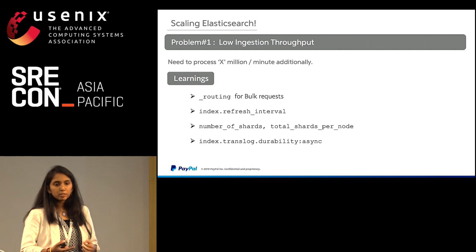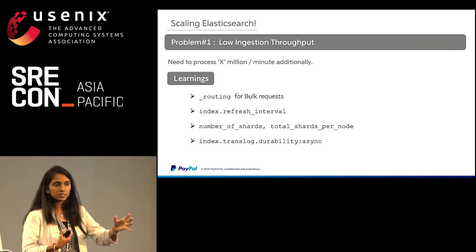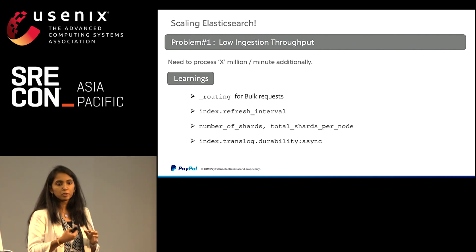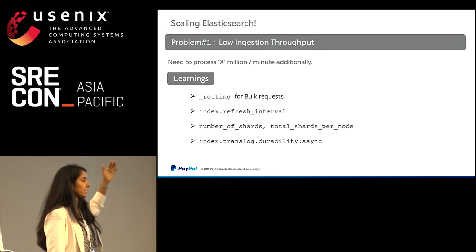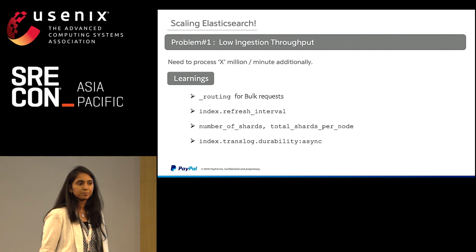Bulk requests by themselves are an added advantage for any data store where you ingest data in the form of bulk documents and not just a single request. That reduces the computational overhead of all that Vikram was telling, the analyzing part, indexing part, and all of it. So you always prefer bulk requests.